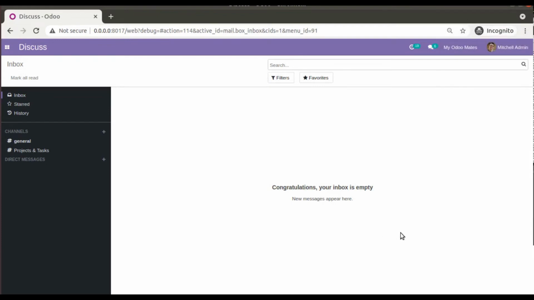Hello, good morning all. Today in this video we are going to discuss how to remove the create and edit option from a many to one field in Odoo. Currently in the screen you are seeing Odoo version 14 community edition, where we are continuing our Odoo 14